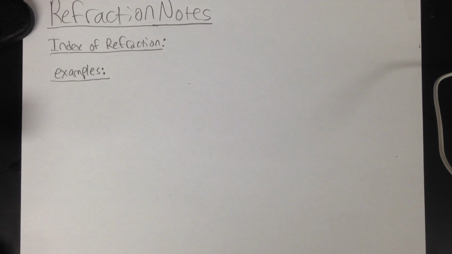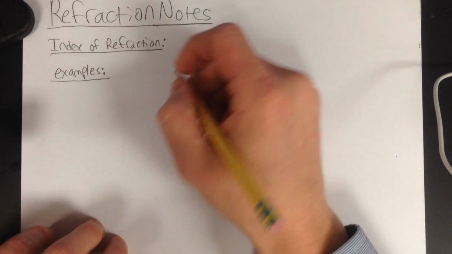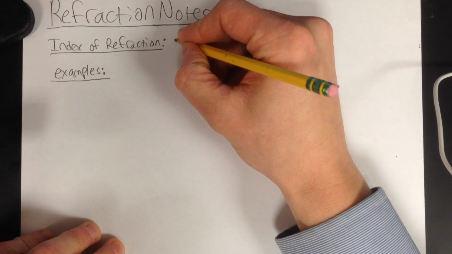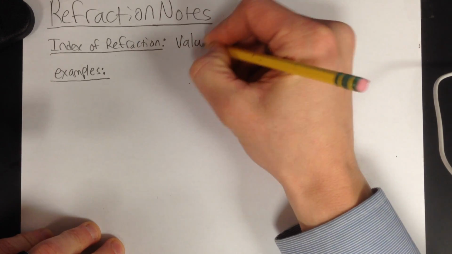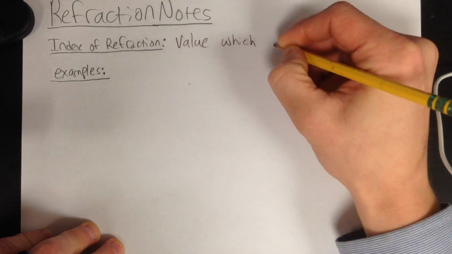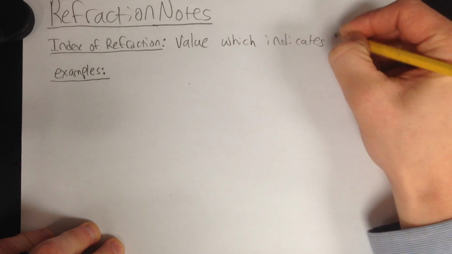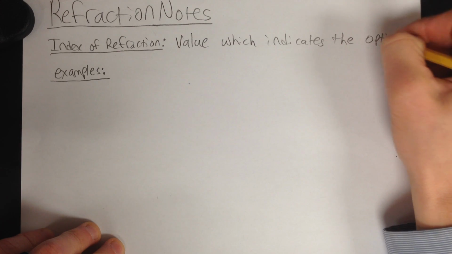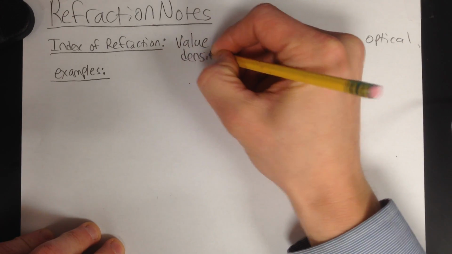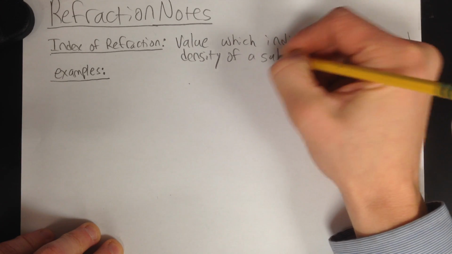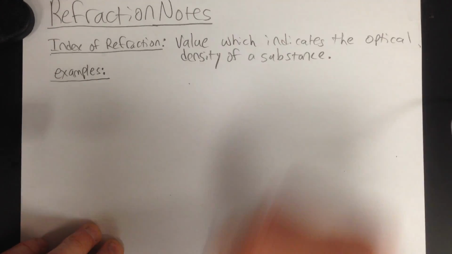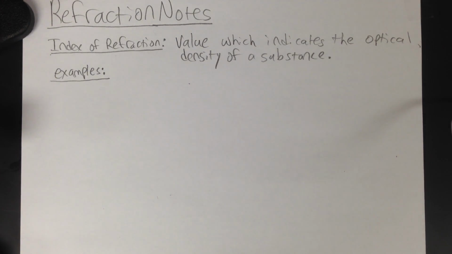Alright, we're going to start off with a definition of index of refraction. Refraction is basically just the bending of light. Refract is the same thing as bend. So the index of refraction, it's a value which indicates the optical density of a substance. What happens when light enters a new substance, like glass, is it slows down because